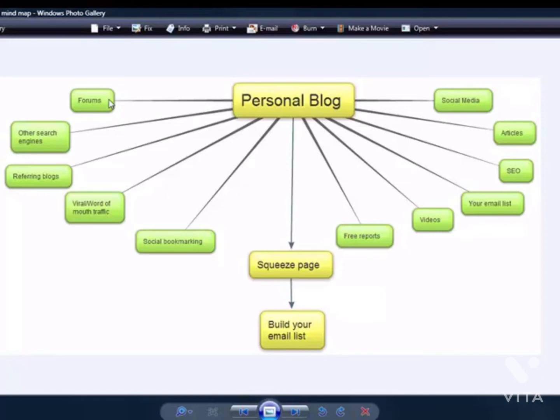Don't be sending traffic anywhere else apart from your personal blog. Now I'm talking about sales pages, I'm talking about affiliate offers. Don't be making videos and sending people to affiliate offers, or any sales pages, because it's completely pointless. You're going to waste all of that time and all of that effort making the video or writing that article